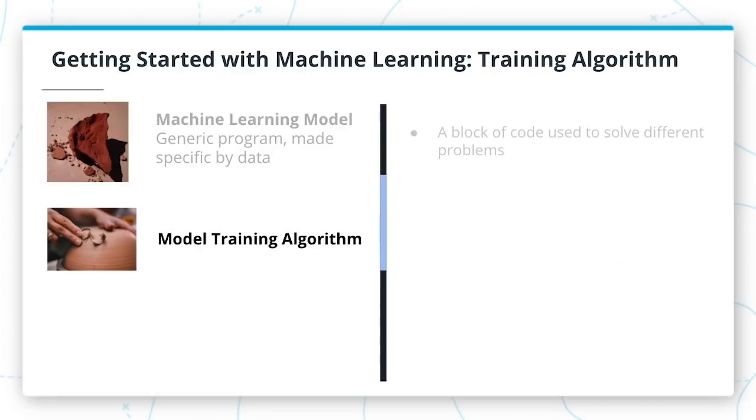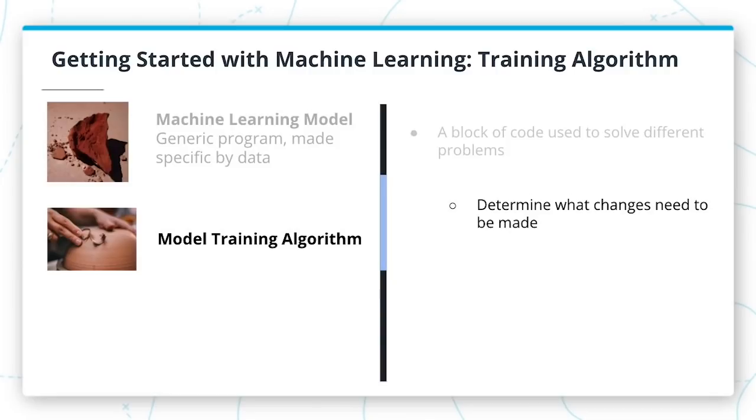The procedure to use data to shape a model for some use cases is called model training. There are many model training algorithms. To understand how they work, let's go back to our flexible lump of clay analogy for a machine learning model. The first thing you would do is inspect and analyze the raw clay and think about how to change it to look more like the teapot you have in mind.